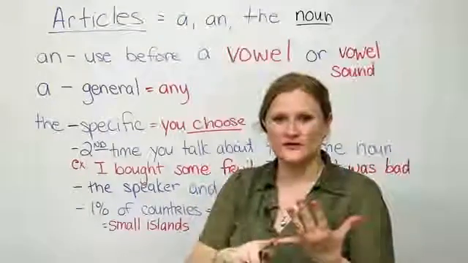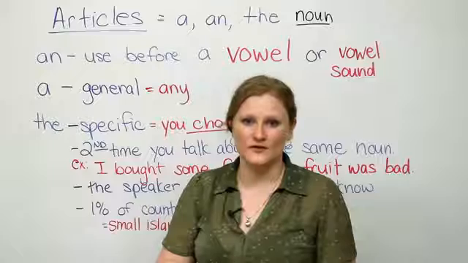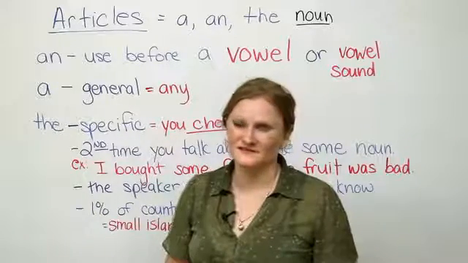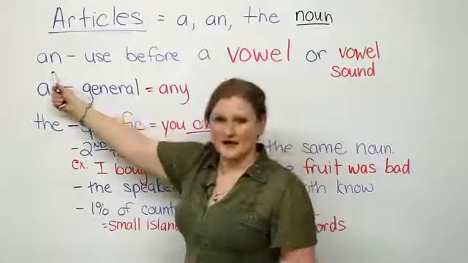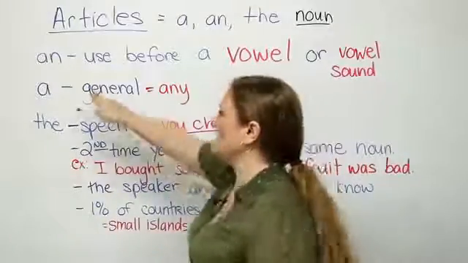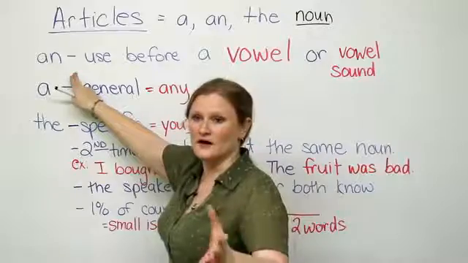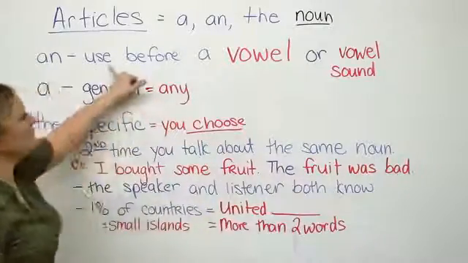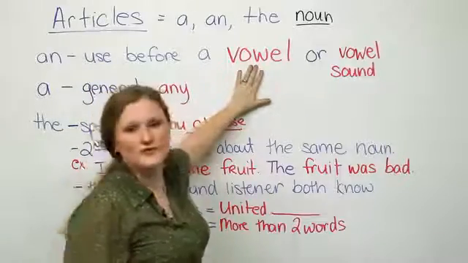We use these when we speak, when we write, and they're very important in grammar. So, there's no way to avoid these. I'll help you, don't worry. The first one is an. An's easy. It's the easiest. We'll do this one first. An is used with a singular noun, it's an article, and we use it before a noun that starts with a